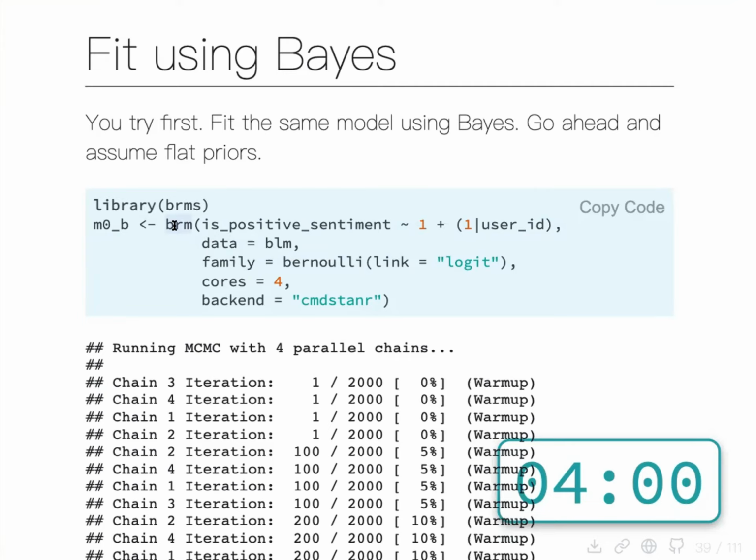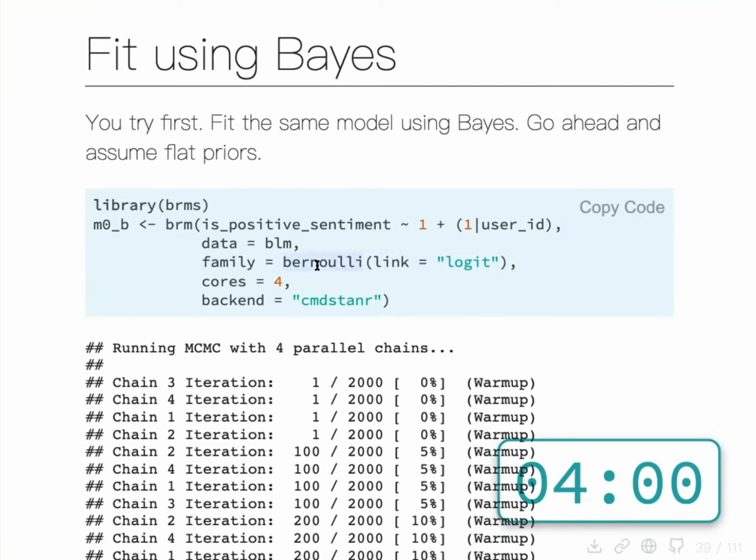For brm from brms, we don't have to specify anything like that. It's always just the same function. What we do have to specify is the family. I think it would be good to always specify the family, but the default is Gaussian, which is normal. So if you're doing just a normal regression model, you don't actually have to specify the family, but